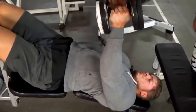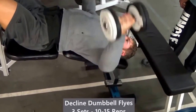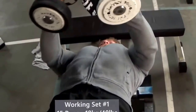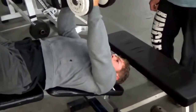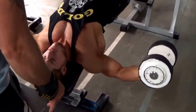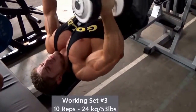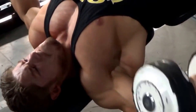And then we went ahead to do some decline flies. Now, I never did these in my life. I've done plenty of dumbbell flies, just never at this angle, so I was gonna give it a try. And I gotta say, it felt different, and different is good in bodybuilding. Right now I feel a lot of muscle ache right at the area I felt the stretch in during this exercise, so I would recommend this, especially for people who feel their shoulders a lot during the regular or